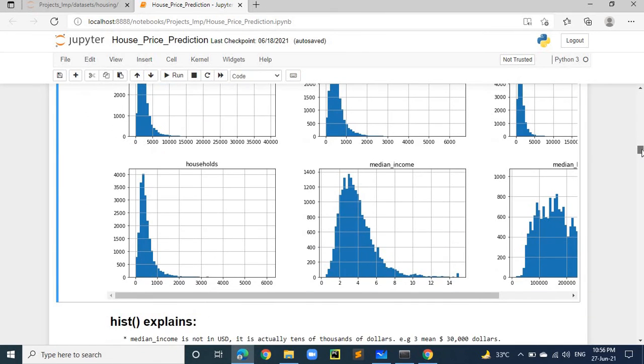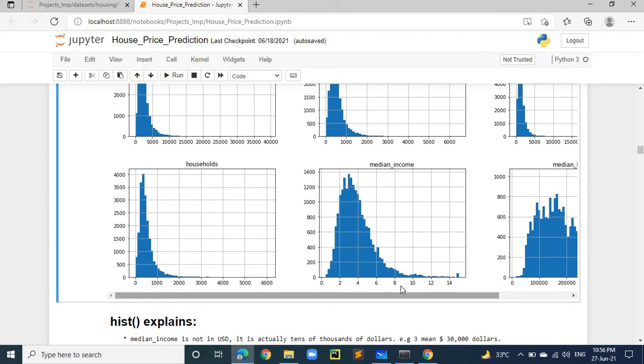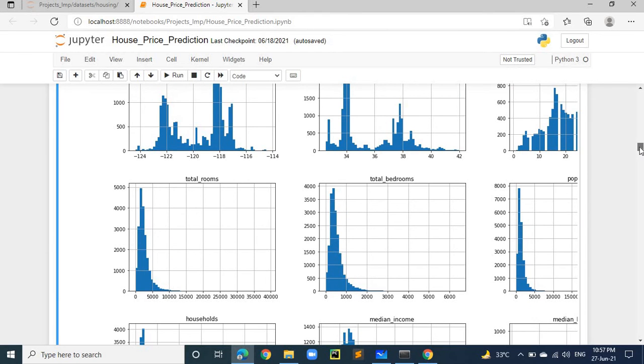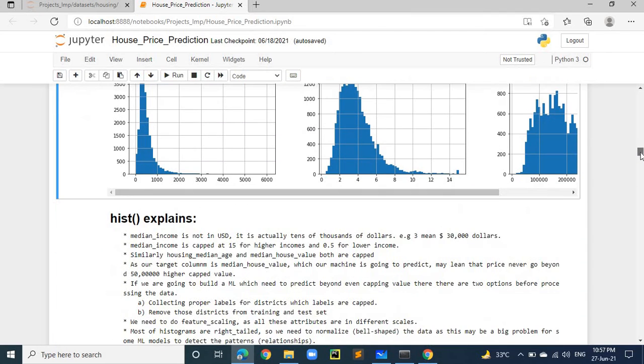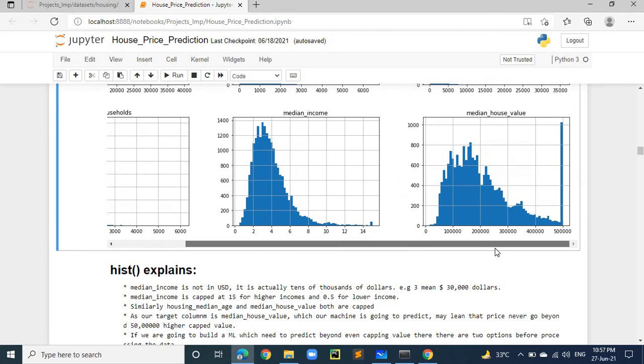Similarly, in all these histograms we can see how the data is distributed, whether it is skewed towards the right or left, and most of the data are skewed towards the right. The income is skewed towards the right, but as I have told, it is normally distributed between 0.5 and 6, and above 6 the values are skewed towards the right.